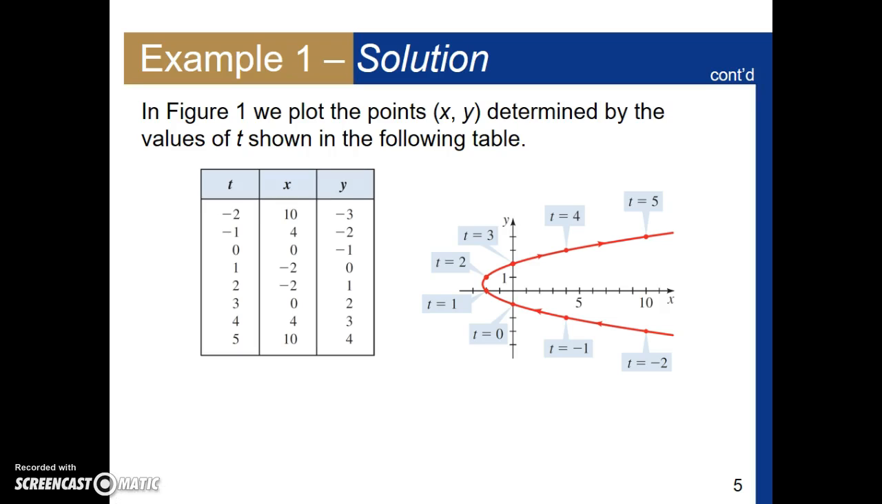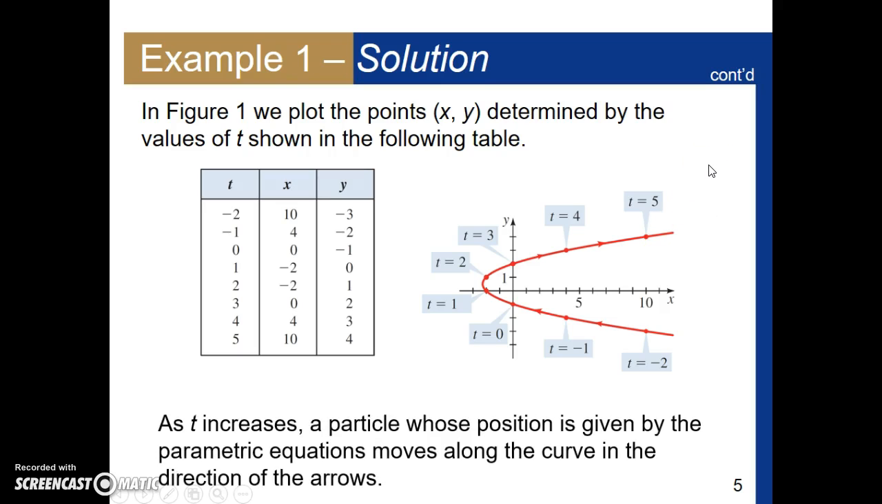We can go old school just like this, pick independent variable values, plug them into the x equals f of t, y equals g of t functions, and get x and y coordinates of points in the plane, plot those, and then follow along, put little arrows in there that follow along and show us the direction according to the parameter t. T usually represents time. So over time, this curve behaves in this way. So as t increases, a particle whose position is given by the parametric equations moves along the curve in the